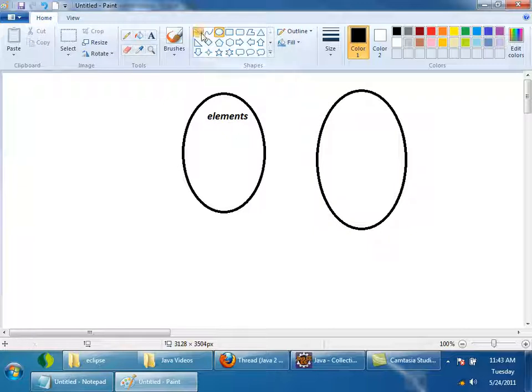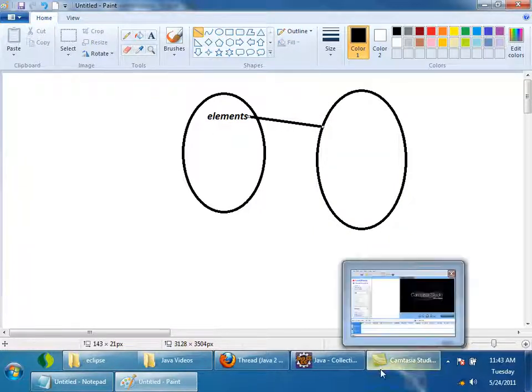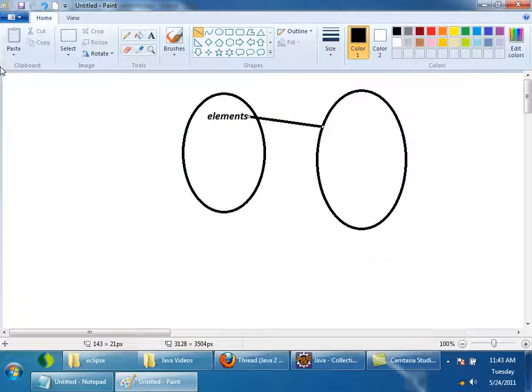Elements will be pointing to an object array. Whenever I create an object of array list, internally array list will be having an instance variable called elements. What is its type? Object array. So internally array list is also using arrays.